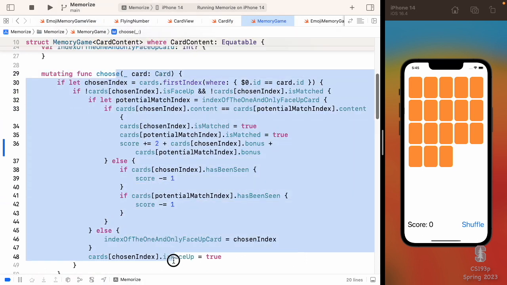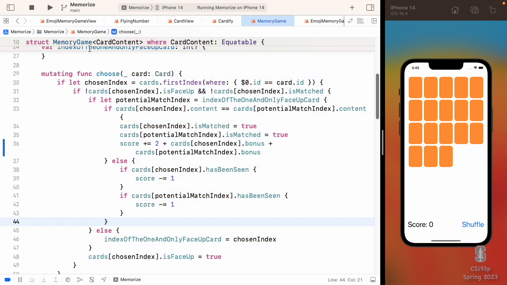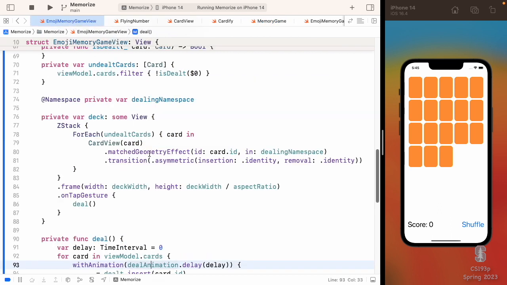Probably the one that's longest is right here, the true logic of playing our entire game. And it really started getting long once we added all this scoring. Look, all these lines of code have to do with the scoring. Maybe we would want to put that off in another function, you know, calculate score based on matching cards or something like that. But we've done a pretty good job of keeping everything simple, and I really want you to endeavor to do that for the entirety of your SwiftUI programming career, not just in this class.